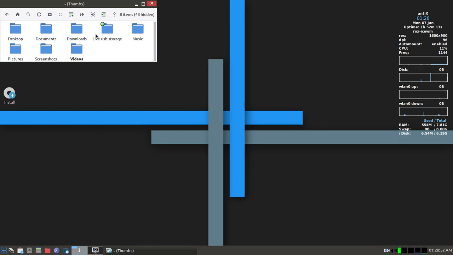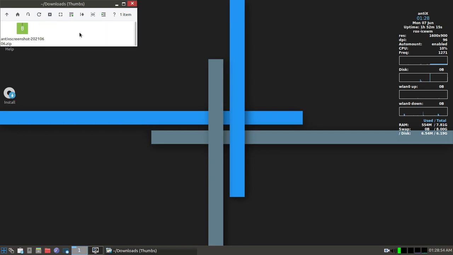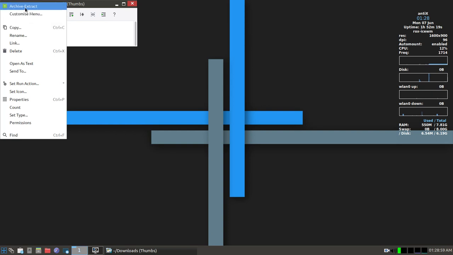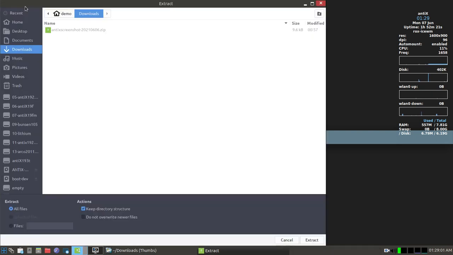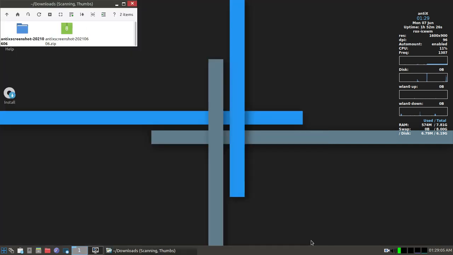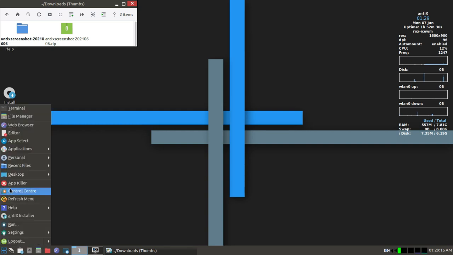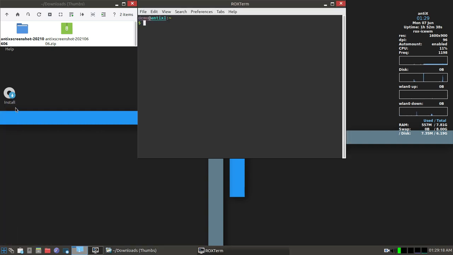So if I go to my downloads directory, there it is there, and I'm going to archive extract and click the extract button. And because you have to use your password with this, you can't just run the program itself from within the file manager. So you have to go to a terminal and